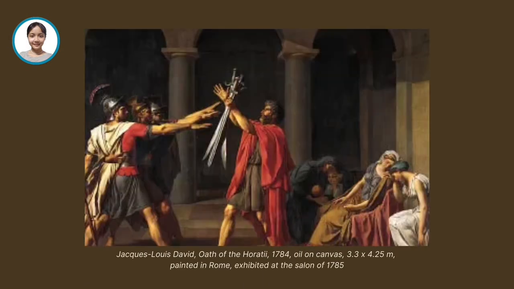The next one is Oath of the Horatii by Jacques Louis David in 1784. The three Horatii brothers take an oath before their father to fight for Rome against another family, the Curiatii. The geometrical shapes are used in an actual manner to depict the energy and solid union of the brothers, and the contrasting values of the shades and the brightnesses demonstrate the brothers' will and power, and the women's emotional responses on the side of the picture emphasize one's sacrifice.